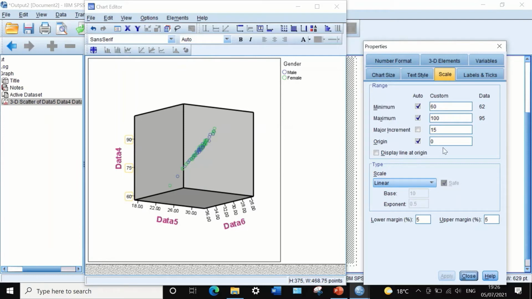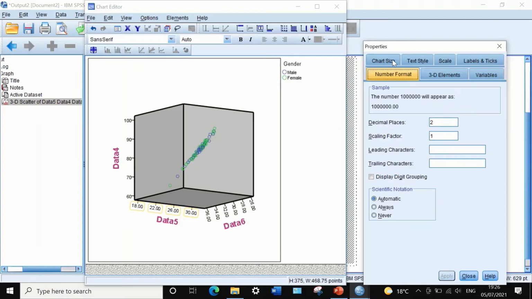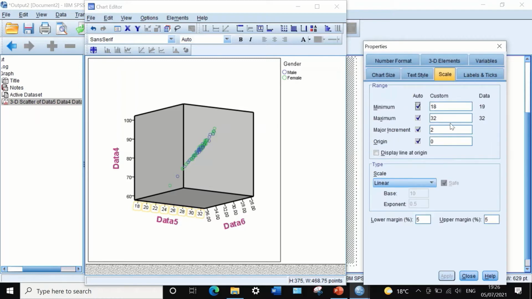Changes back again to 10. And I could do the same thing also for the other, the x-axis, changing the decimal to 0. And again, if I wish, I could also change the scale here, and I could do also the same thing,